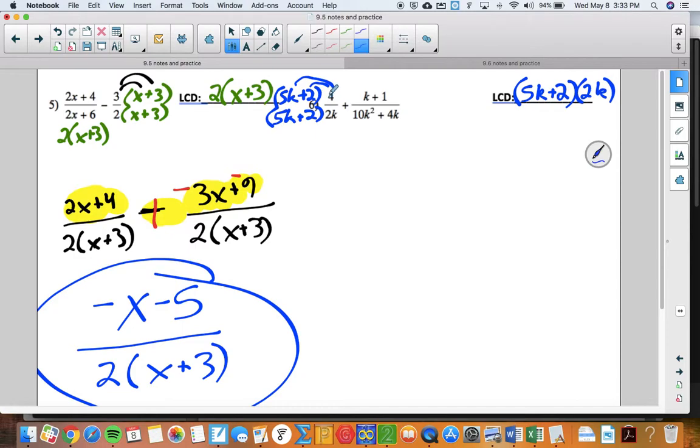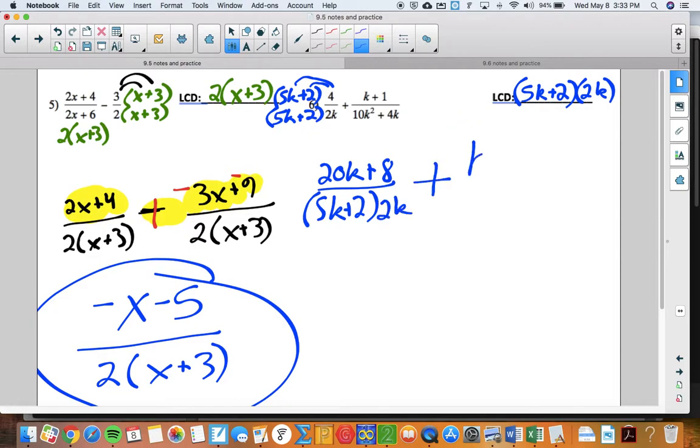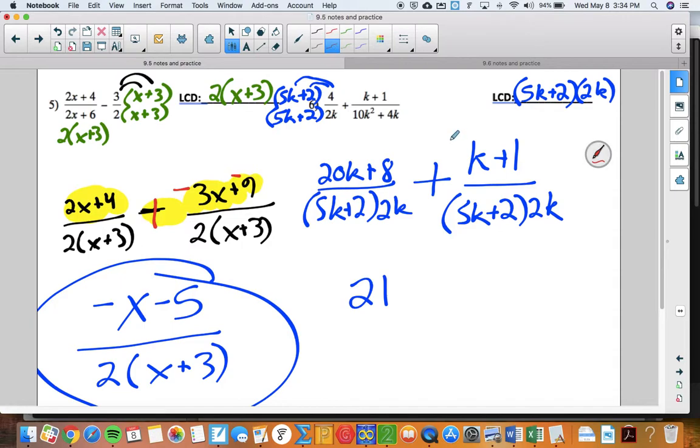So the least common denominator was 5k plus 2 times 2k. And so then my new numerator on the left is going to be 20k plus 8 over the common denominator of 5k plus 2, all of that times 2k. We're adding that to this k plus 1 over that same common denominator, which I'm going to write in factored form. It may help with reducing in the end, but you can't worry about that until you actually simplify this into one fraction. So when I combine like terms, I get 21k because there is a 1 in front of this k. 21k plus 9